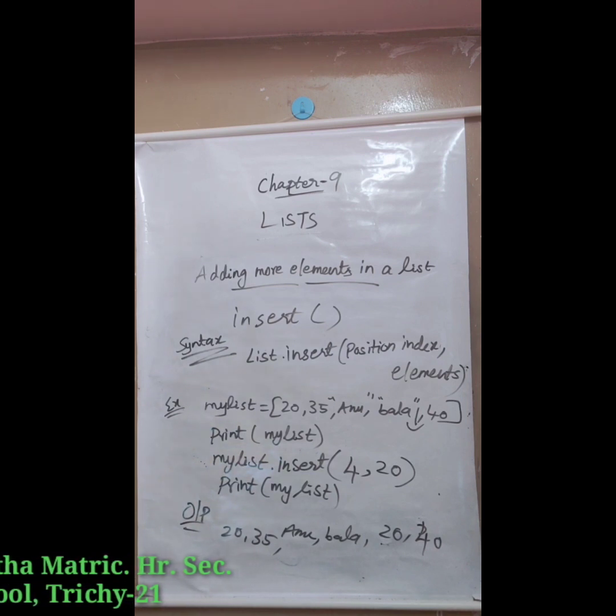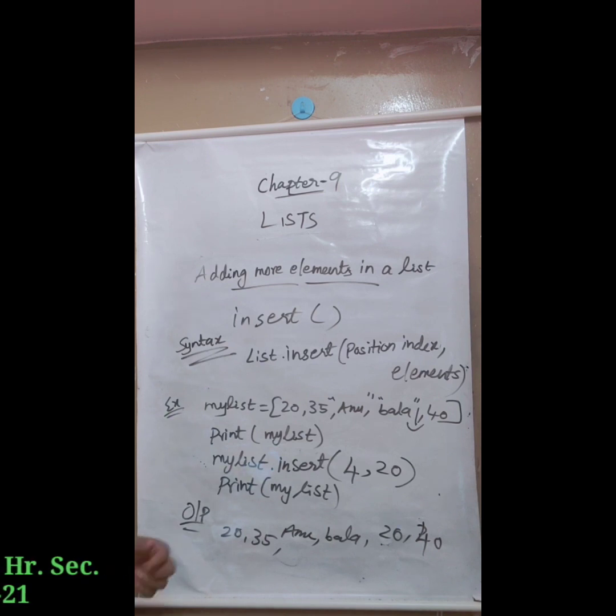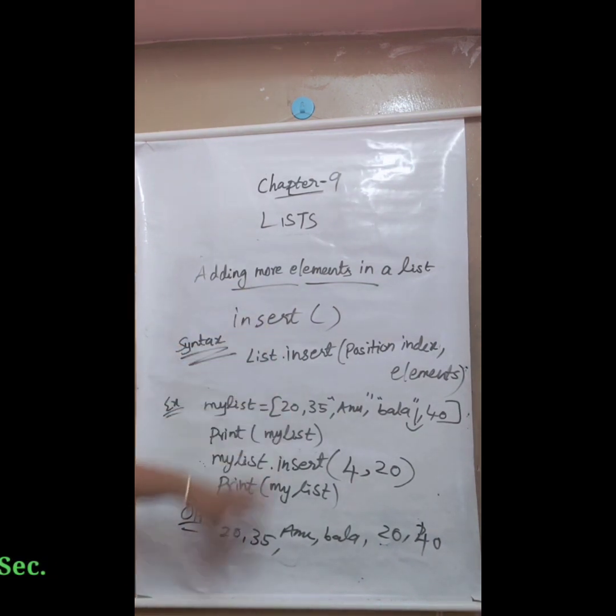So for adding elements, we have three functions: append, extend and insert. So append is used to add one element, extend is used to add more elements at the end of the list only. Insert is used to add the values at any desired